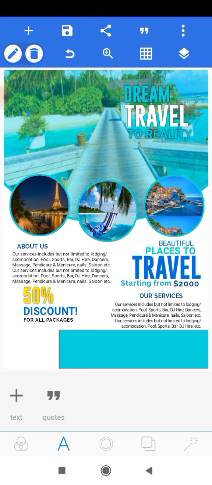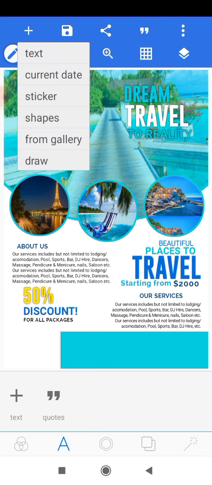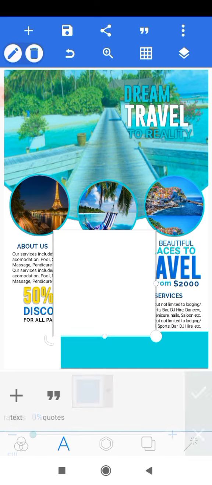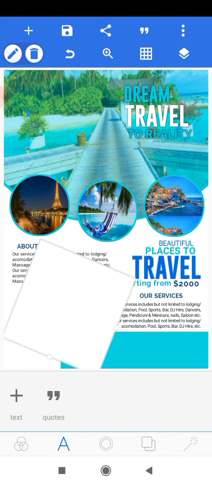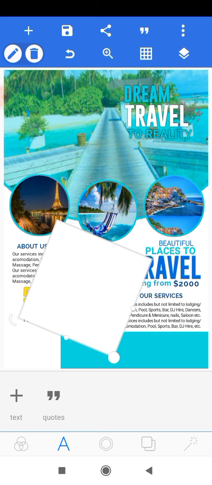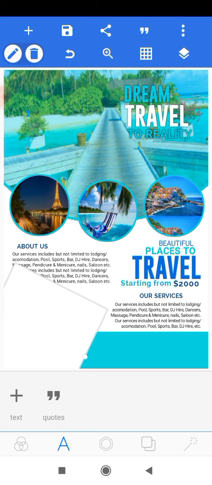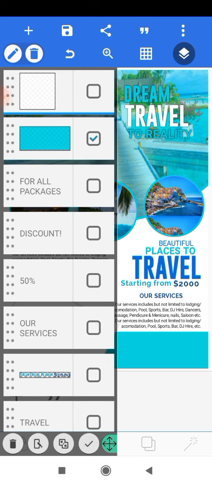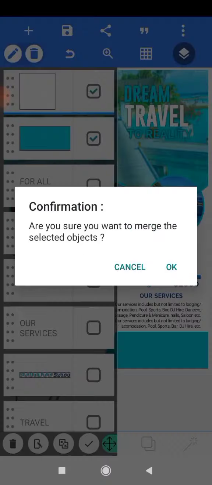So now that I have my shape, I want to make the edge a bit slant. So I'll head on the plus icon and I'll add another shape, and I have it here, and I'll check, and I'll just rotate it like this, rotate it a little bit again, and I'll place it over here because I want to give this a slant effect, just like what we are seeing there. So I head on to layers here, and I'll group this and this together. I'll merge them together